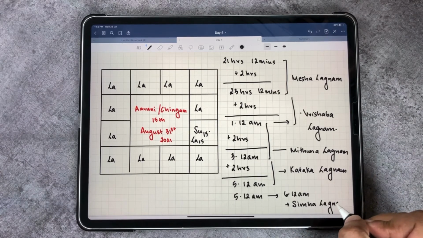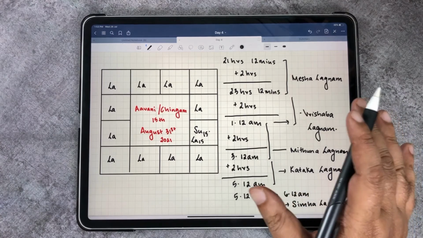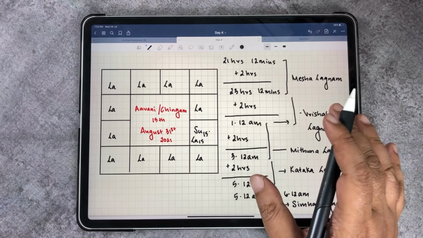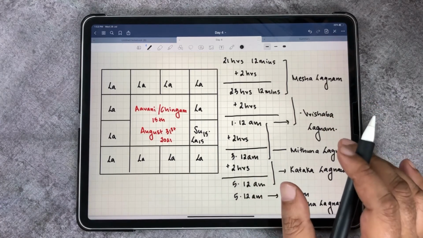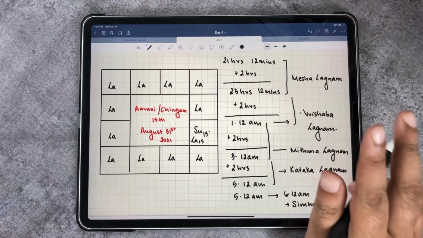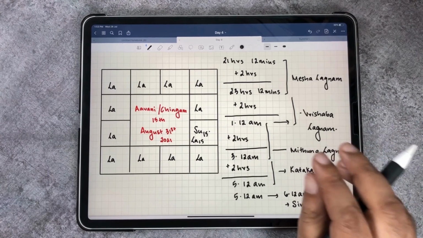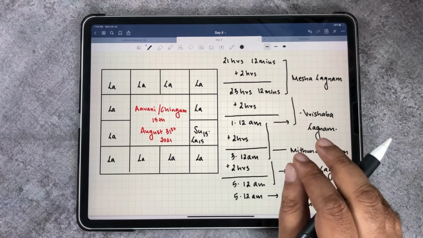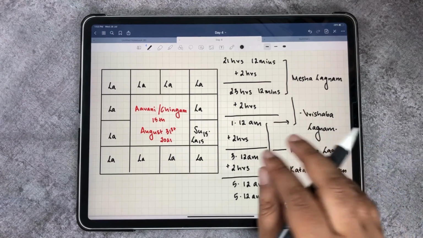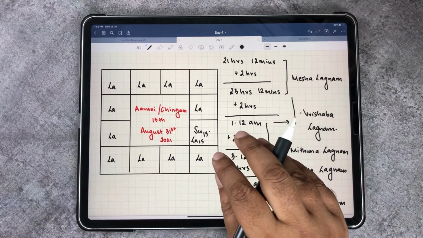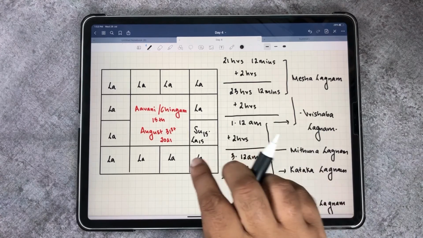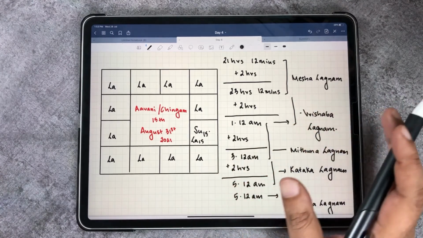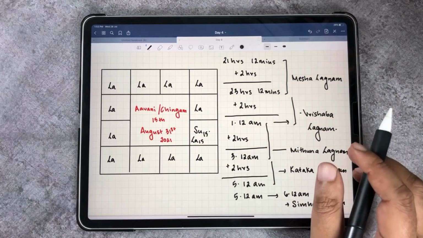So that's all. So now you all should have understood the concept of casting the Lagna. We have covered the entire concept of figuring out the Lagna by considering 2 examples. One, we considered the month of Chitrai, a Surya Udayam using the month of Chitrai the first, and here we considered the month of Avani or Chingam by considering the date, that is 15th. So let me repeat all of this to you once again so that you don't forget it.